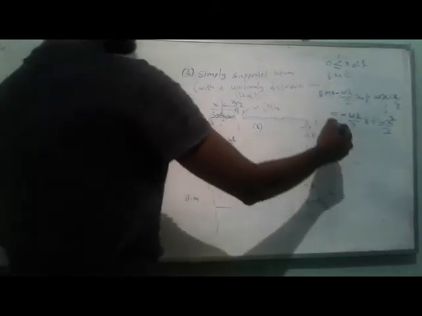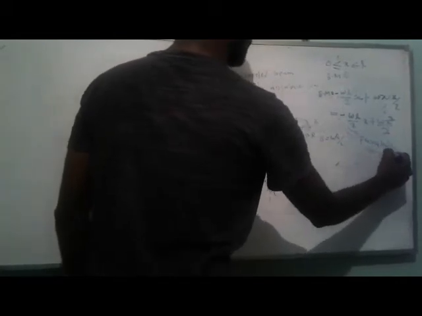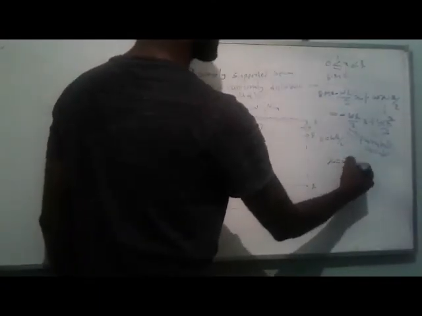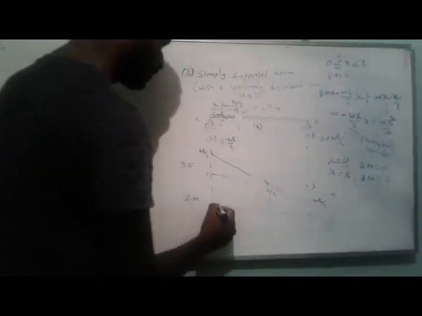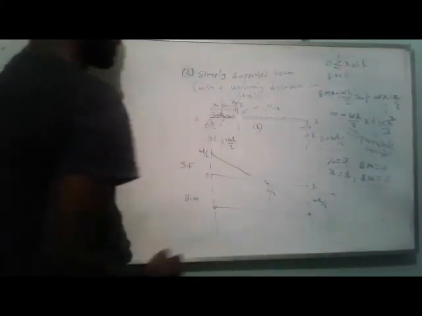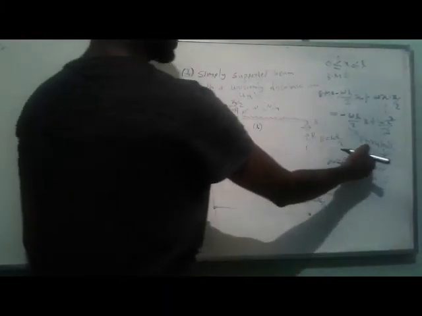You know that this is a parabolic variation. In here you can get the bending moment by substituting the minimum value of x, x equal to 0. When x is equal to 0, bending moment is equal to 0. The maximum value of x is equal to L. Therefore, at that point as well, bending moment is 0. And there is a parabolic variation.